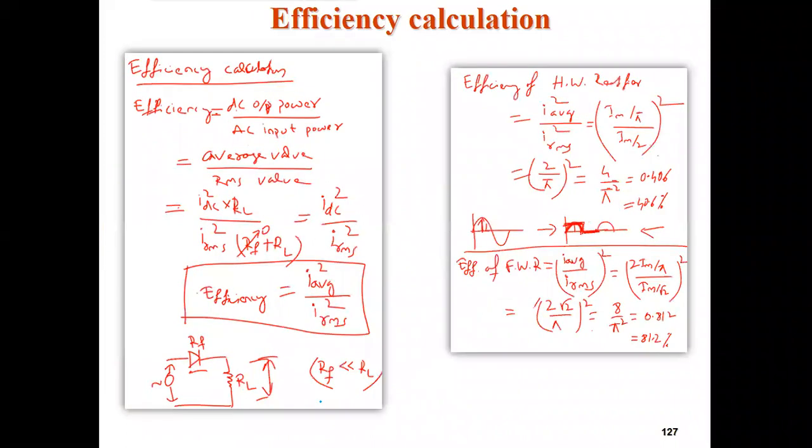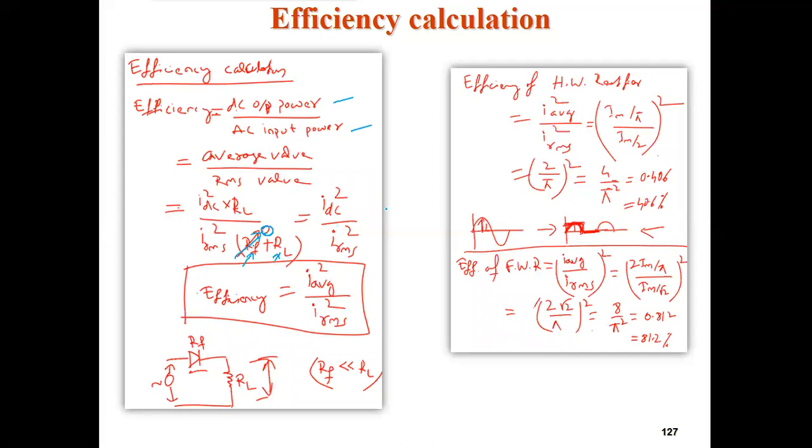Okay, similarly for your efficiency calculation, this thing you will remember. Finally, see here I had considered this RF, I have neglected it to 0. If you do not neglect this RF to 0, like during solving one problem I have told you, if RF values are given and they are comparable and not negligible compared to RL, then you can also consider this thing.